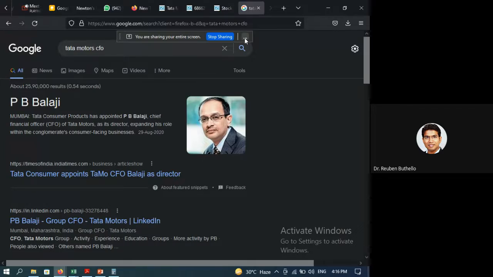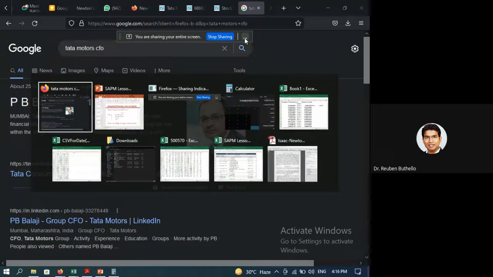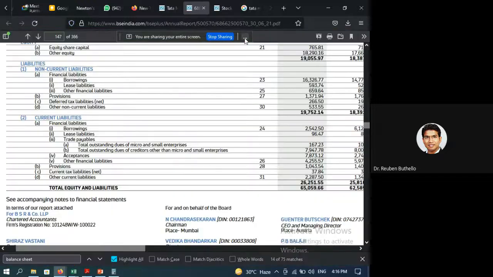But did you all see what happened just now? Were you able to see the balance sheet? How we calculated the interest? We went to the balance sheet. From the balance sheet, we got our total loans, the total debt. After getting the total debt, we went to the P&L and we got the total finance cost. And finance cost divided by debt gives us what? Interest rate. So from that, we will be able to calculate that Tata is picking up money at 11.93%, which is way higher than I thought.